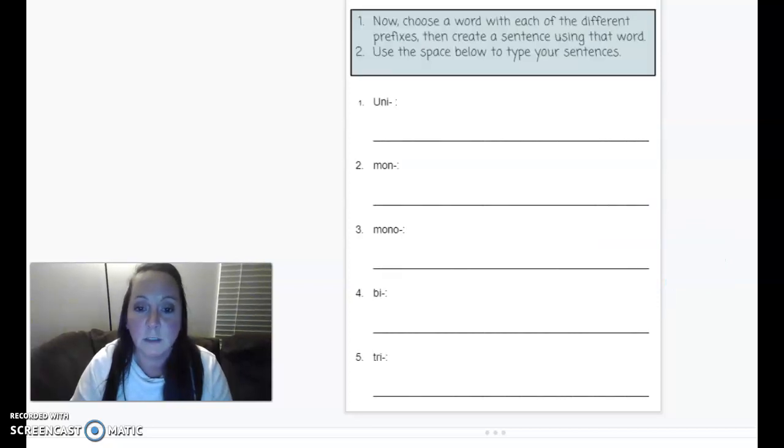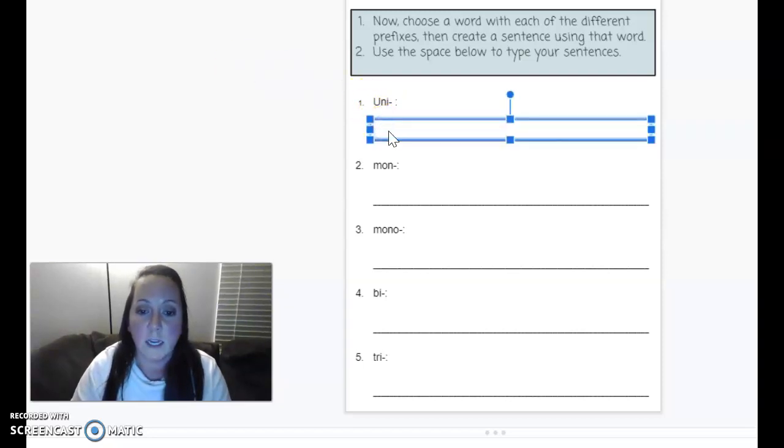When you get finished, you are then going to create sentences using the prefix words that you just uncovered. So I am going to choose a word that begins with uni and use that in a sentence. For instance, I just uncovered unicorn, so I could write,